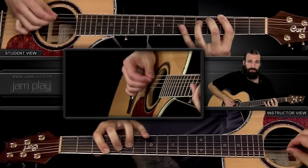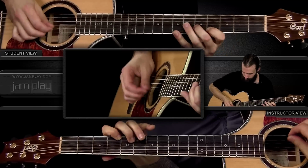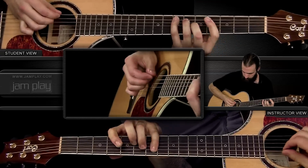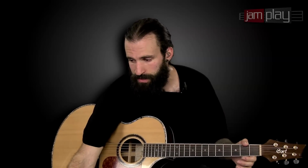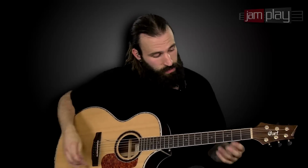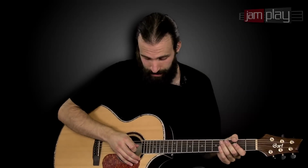Triples, as you can tell. So that's the gist of singles, doubles, and triples with string skipping 1, 2, 3, 4, and then adding the percussive element on each one of those downbeats. You got to remember it's always on the downbeat that you're going to be adding it in,